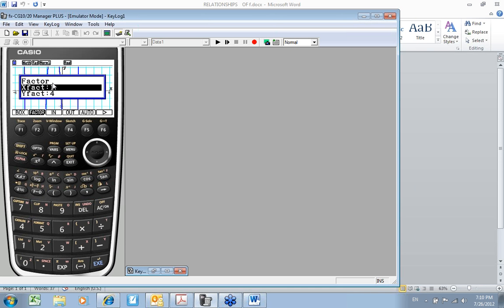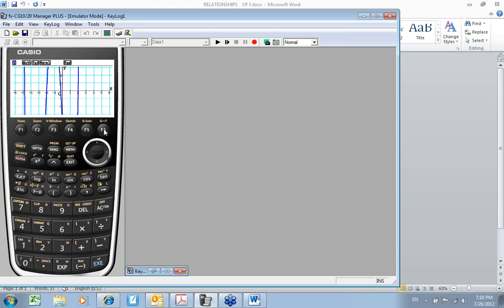So X factor 1, Y factor 4. And the reason I'm doing that is I know this graph is tall. It's a lot taller than it is wide. I need a lot more y values than I do x values to see all of it. So I like those. I'm going to execute,